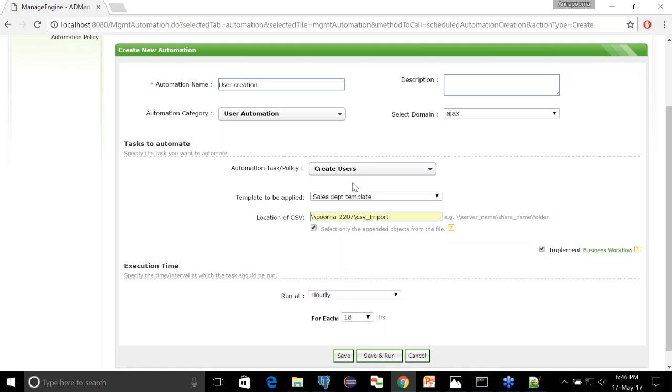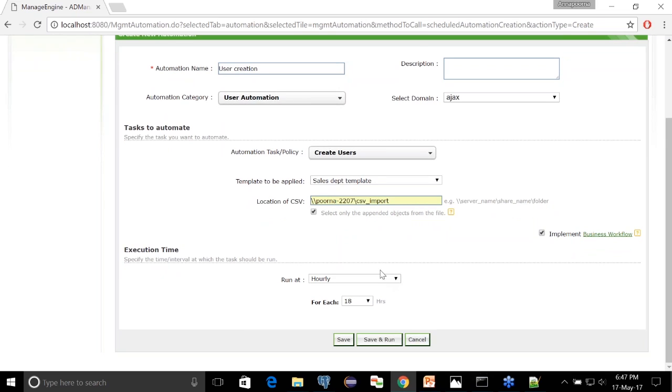And now, let's say for example, since I make this automation run every week, I do not want my HR people to enter the value every week and create some random users or invalid users. So how do I prevent my HR people from creating the user accounts directly, but they should raise a request instead? So one thing you can do is implement business workflow in this automation.